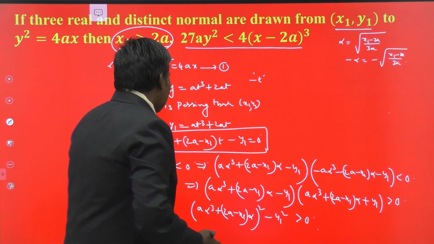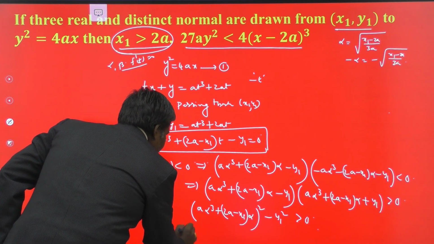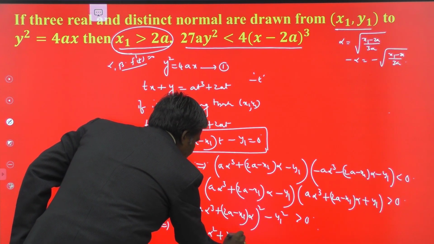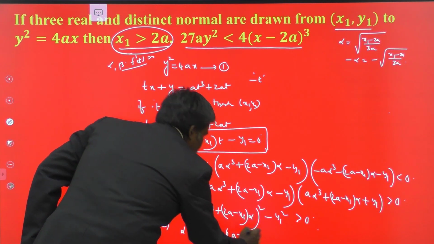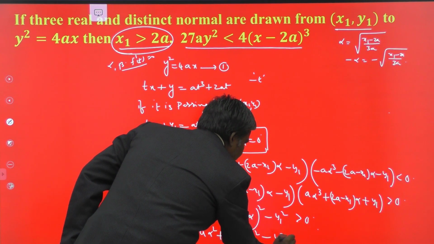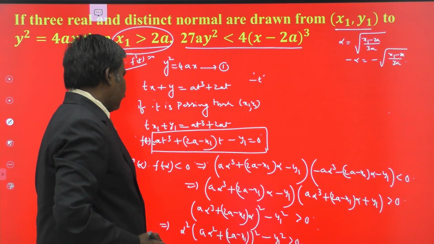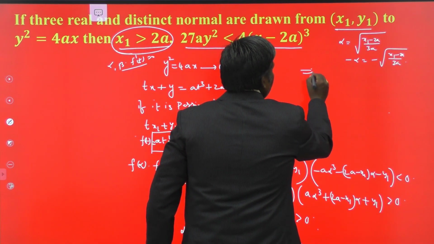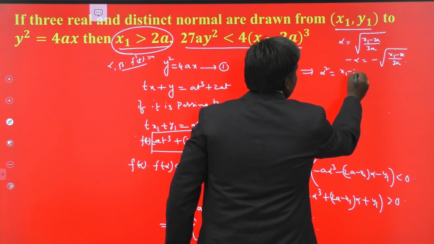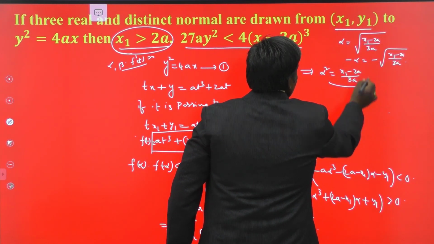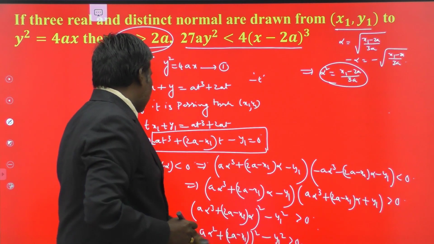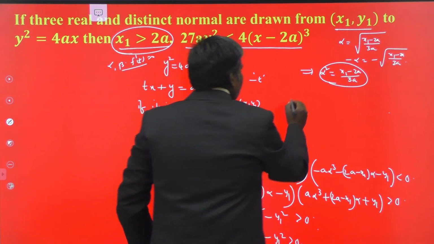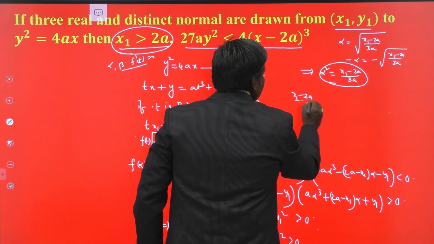So you can take alpha common, that becomes alpha square when it is coming to the outside. Alpha square into a alpha square plus 2a minus x1 whole square minus y1 square should be greater than 0. So replace alpha by that value. Here alpha square is what now? Alpha square is equal to x1 minus 2a by 3a. Substitute alpha square by x1 minus 2a by 3a here itself, we obtain that result. Understand? What is alpha square? x1 minus 2a by 3a